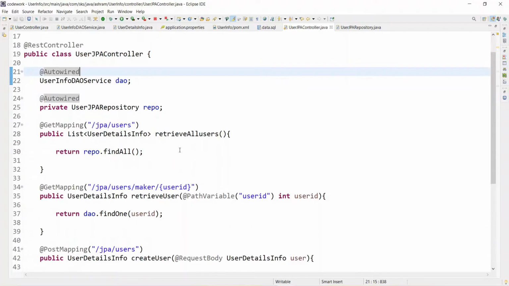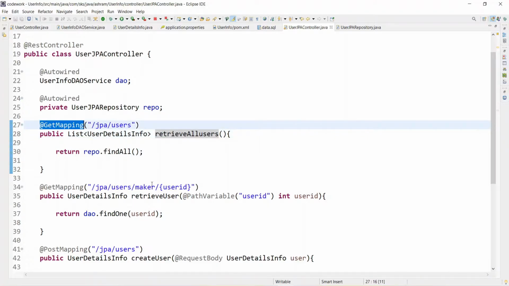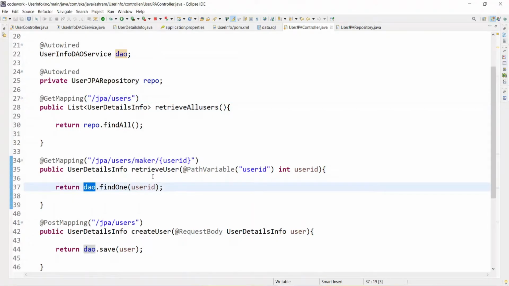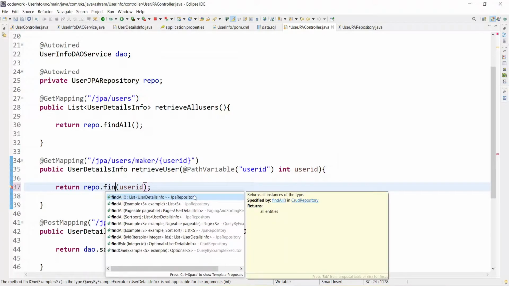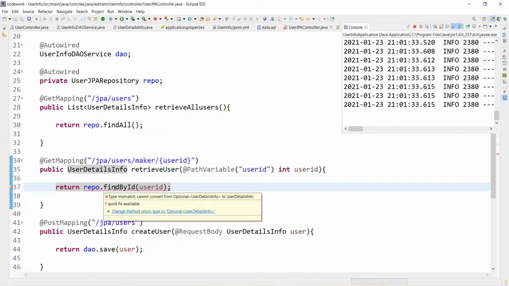So in the last step we saw how you can retrieve all users using the get method. Now see how you can get a specific user. Instead of DAO we need to use the repo, right? So repo, let's change it all. Repo dot find by ID. This one you will have to use, find by ID, and the user ID needs to be passed. That's it. Okay, and thereafter change the method return type to optional.